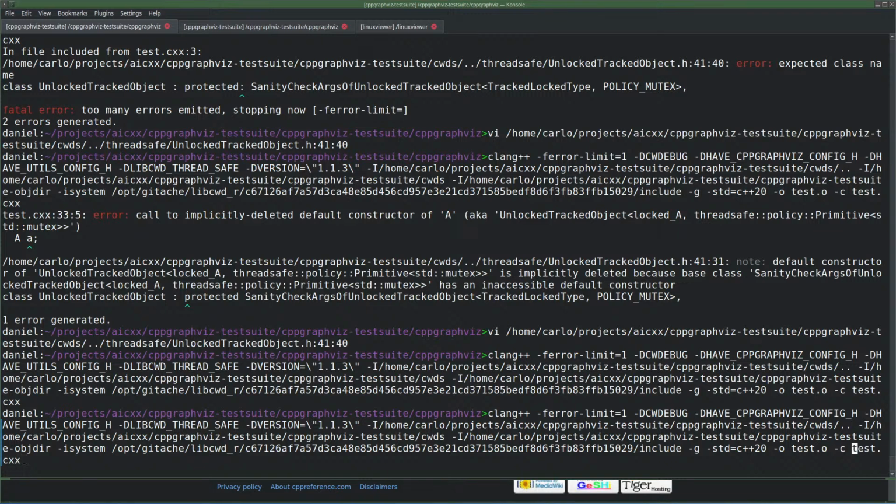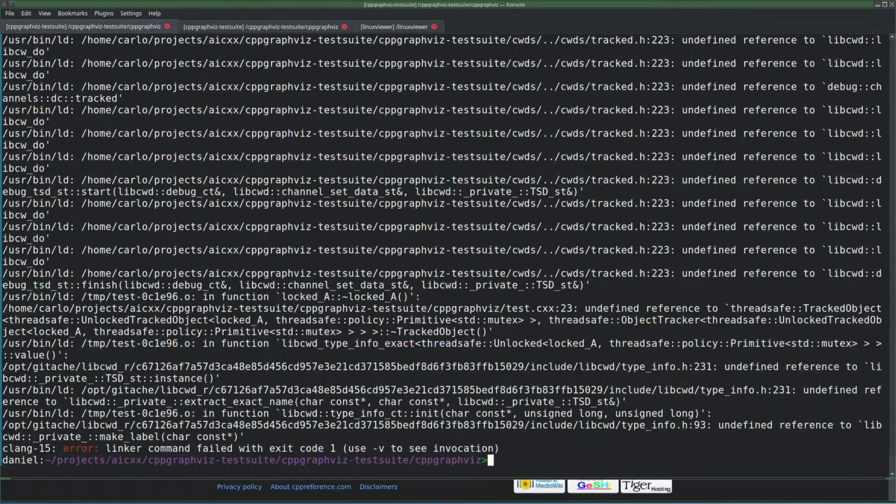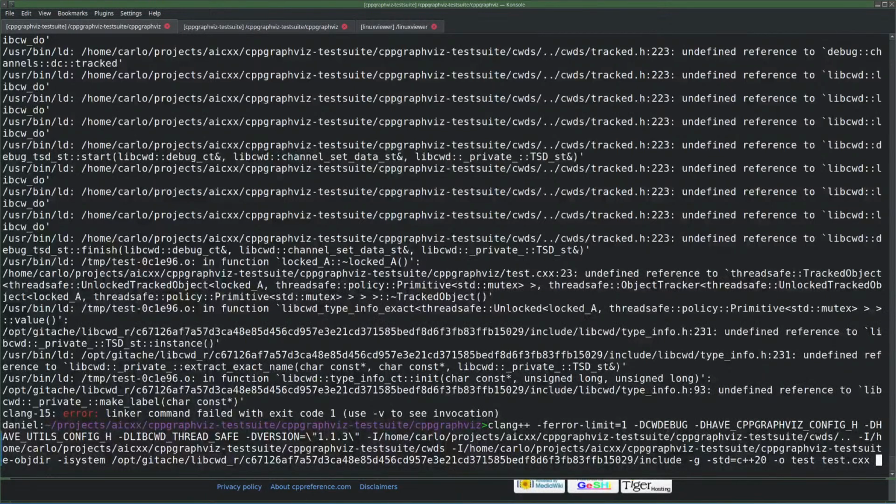So what happens if I remove the -c and we call this test? Oh, I have to link it to stuff, like a lot of stuff. Among other things, where's